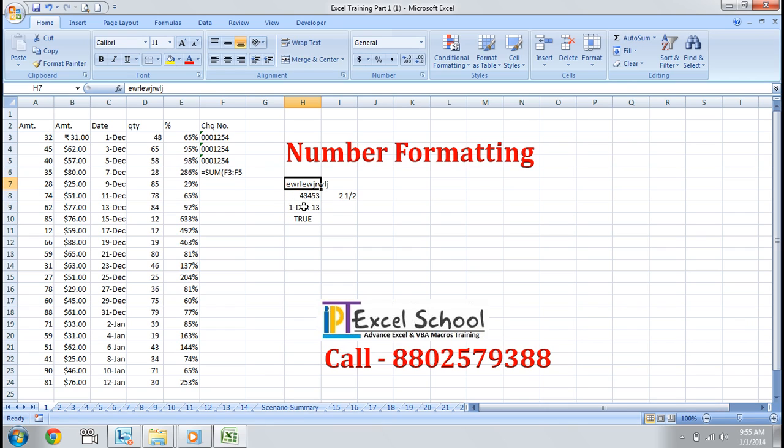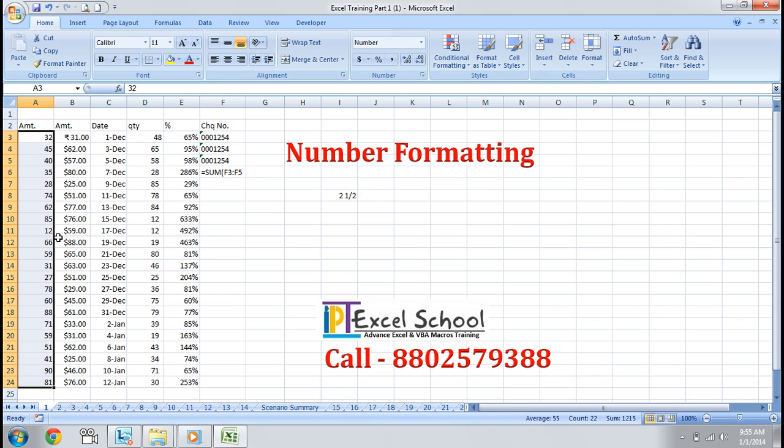So some basic rules apply in General formatting, which works automatically. But we want to specialize our values,